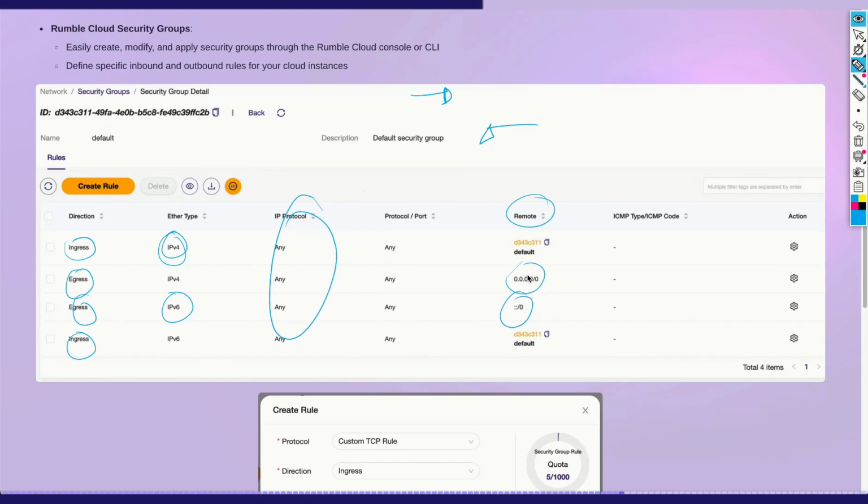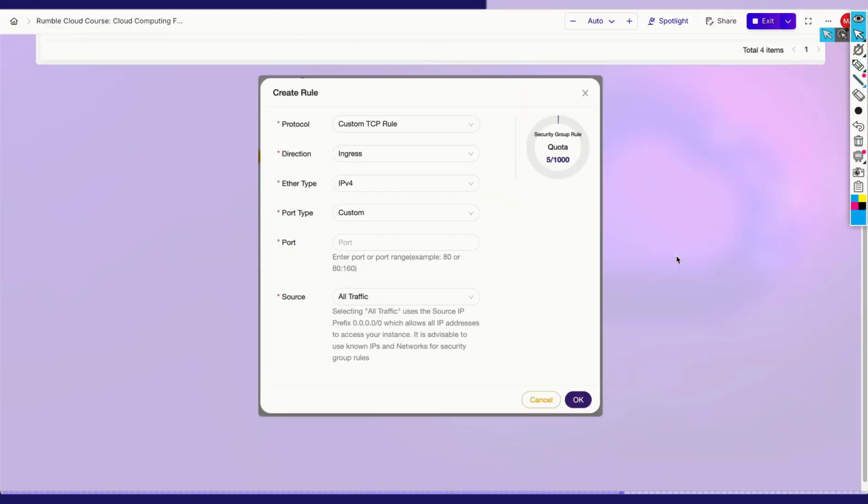0.0.0.0/0 just means that any IP is allowed. Again, you can change this so that it is not all zeros. You can actually just change this to allow a specific IP range. You can create rules. You can create as many rules as you really want, depending on your security needs. So if we scroll down here a bit,